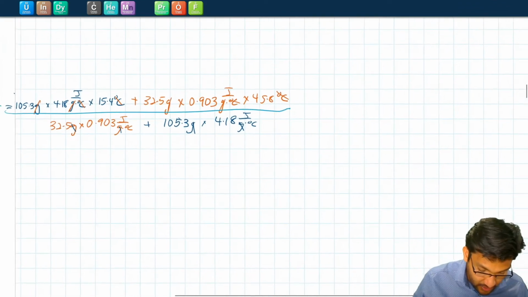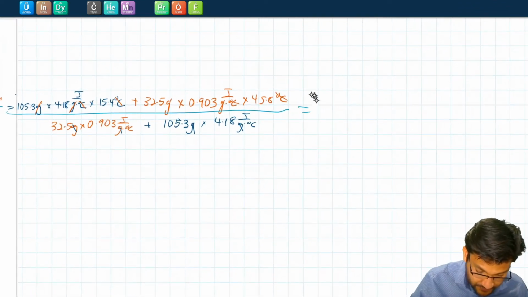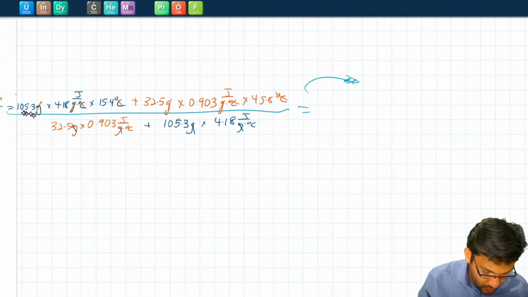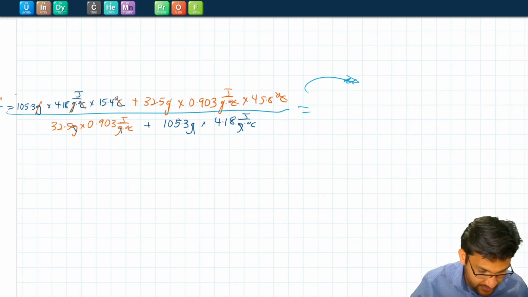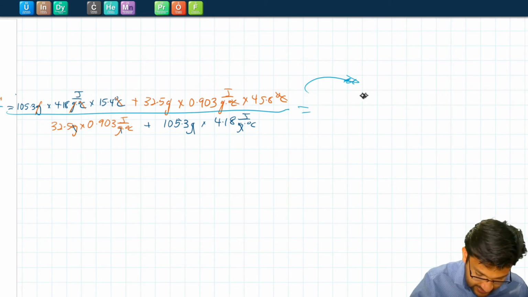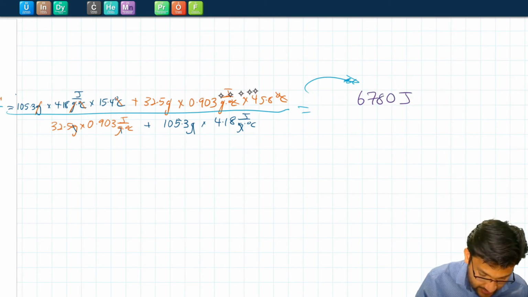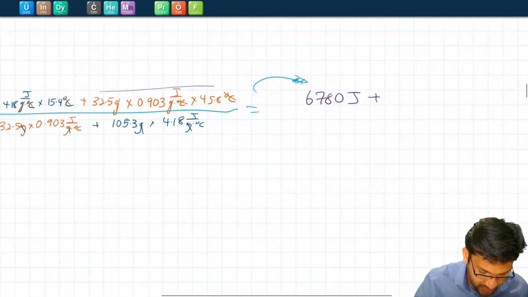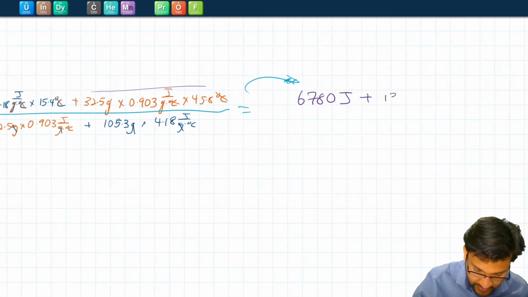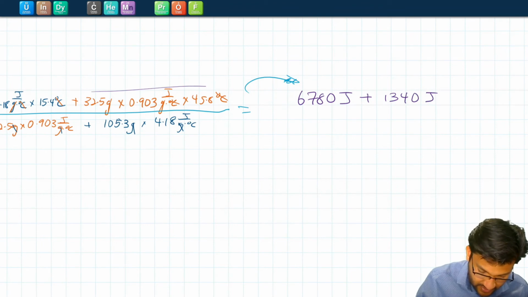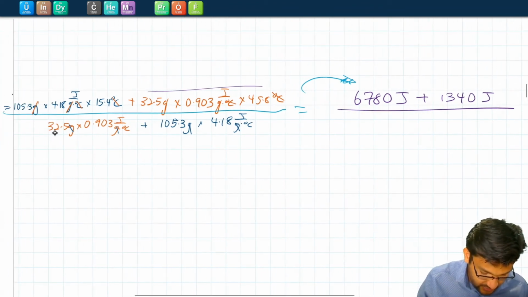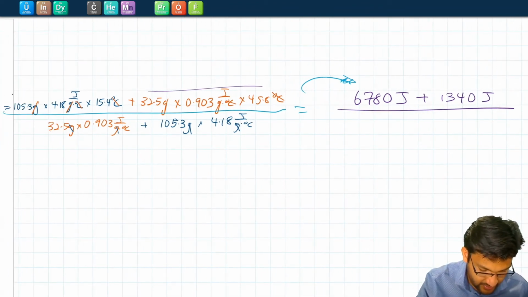All right, let's solve for the top first, the numerator. So 105.3 times 4.18 times 15 gives us 6778 joules, but to 3 sig figs, that's 6780 joules. And then this part gives us positive 1344 joules. To 3 sig figs, that's 1340 joules. In the denominator, we get 32.5 times 0.903, which is